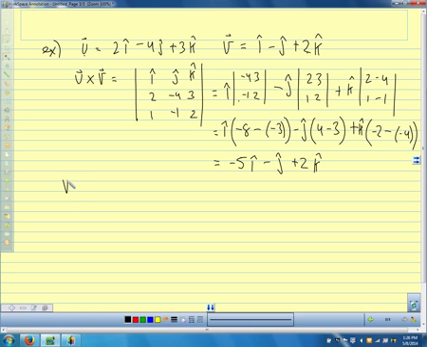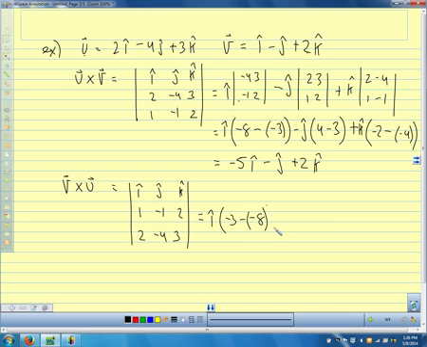Now let's look at v cross u. So we're going to use the same u and the same v. So that's going to be i hat, j hat, k hat. 1, negative 1, 2, and 2, negative 4, 3. And I'm going to skip writing out these determinants this time. So that's i hat times, cross those out, multiply these two, negative 3 minus, multiply those two, negative 8, minus j hat, cross out the top row, the middle column, so I get 1 times 3 is 3, minus 2 times 2 is 4,